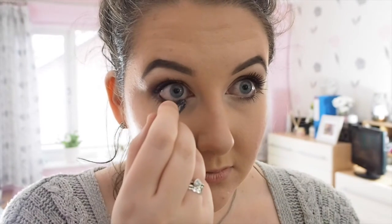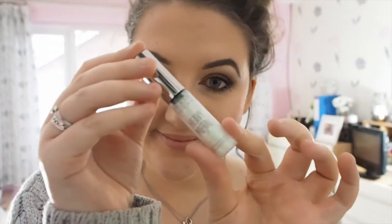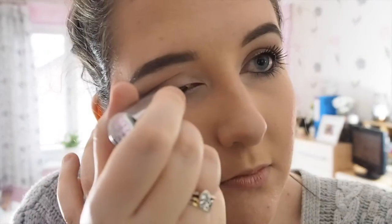And then I'm just applying a kohl liner to my lower waterline. This one is from Bonjour, and I think it's discontinued, but it's my favourite because it's the blackest black. And I'm really sorry if this freaks you out, this bit, but I'm doing the same to my upper lash line as well. And then for the really fun bit, I'm taking the Urban Decay Heavy Metal Glitter Eyeliner, and